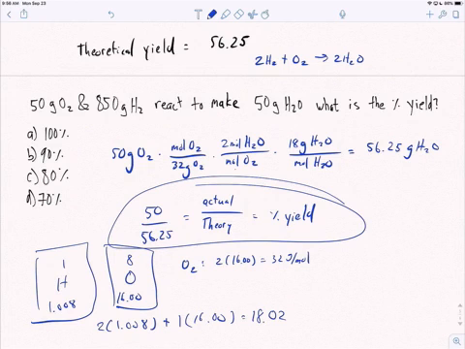And with math and chemistry, you have to go to moles. You can memorize the entire periodic table, but